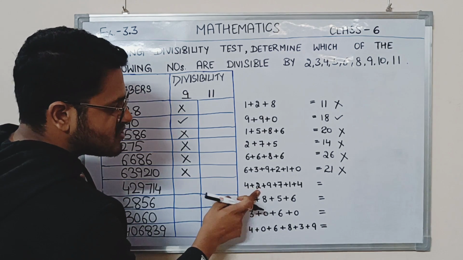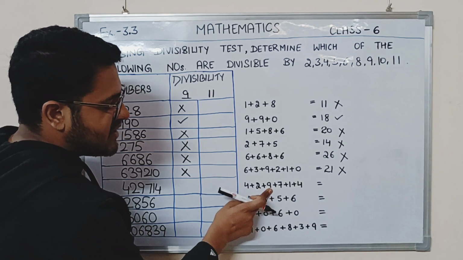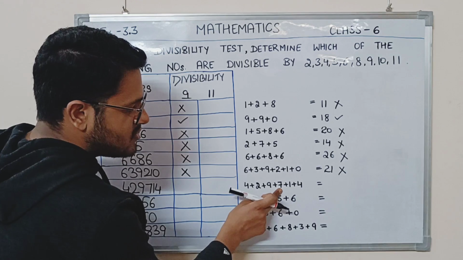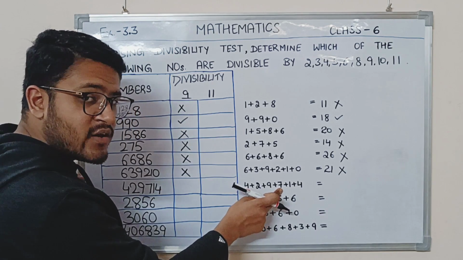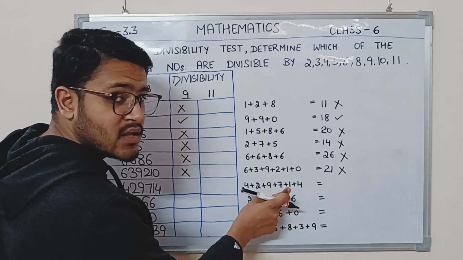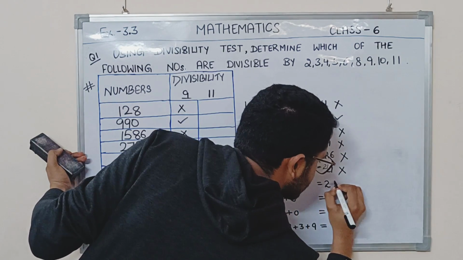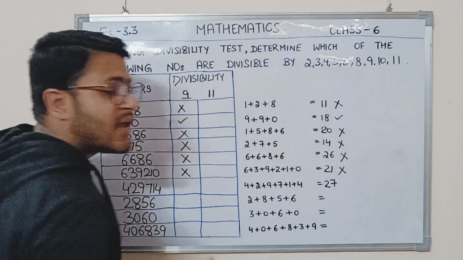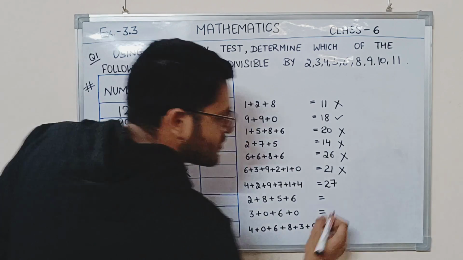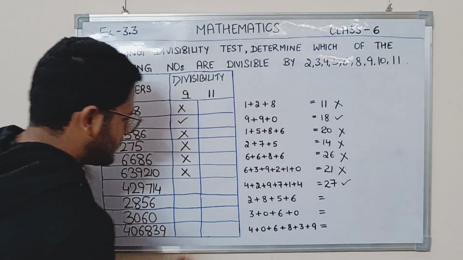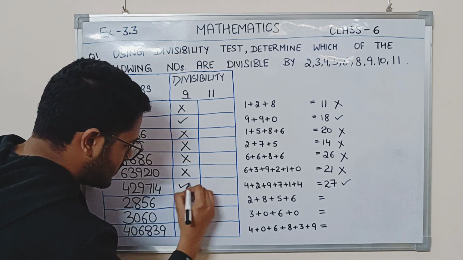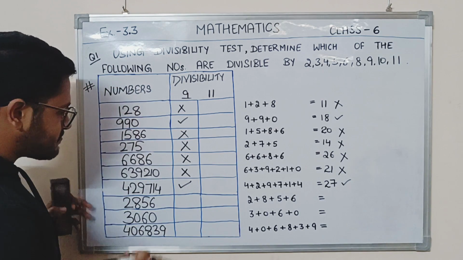429,714. 4 plus 2, 6. 6 plus 9, 15. 15 plus 7, 22. Right? 22 and 1, 23. 23 plus 4, 27. Okay, 9 threes are 27. So 27 is divisible by 9. Therefore, this whole number is divisible by 9. Next,